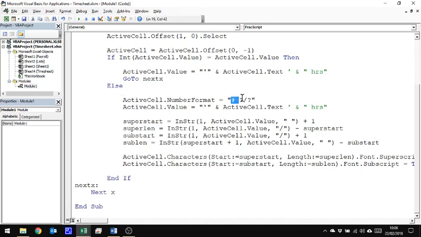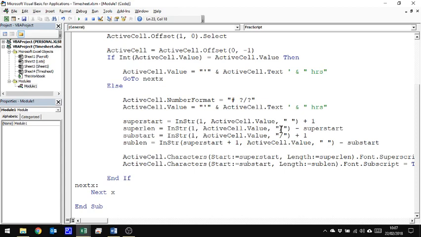So it's going to change the cell's formatting to the fractional format, and you'll notice that these got single question marks, and that basically means a fractional format with only 1 number for each of them. And then with that active cell, put the apostrophe before it, and then take the text value for what's in there. Now we're going to look for those 4 things that I showed you before. So the start of where we want the superscript, which is basically where the space is, plus 1. The length of our superscript, which is